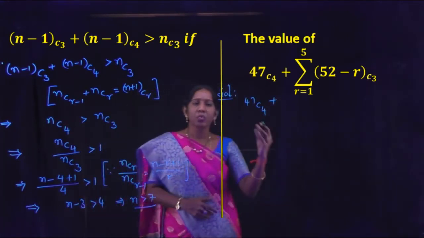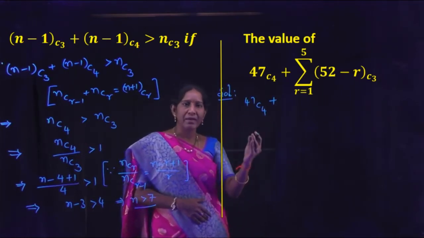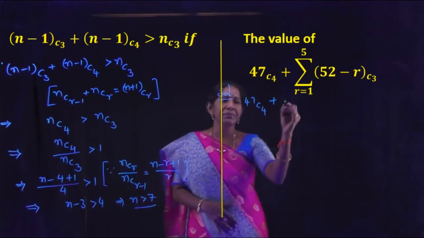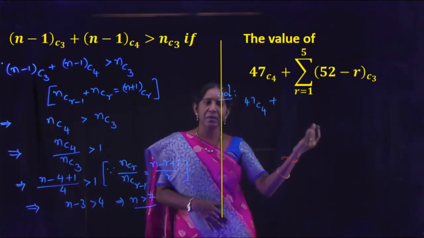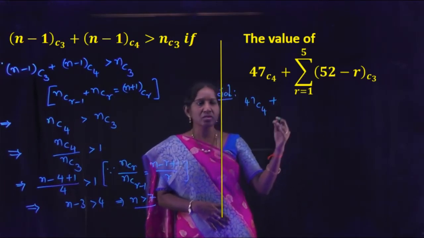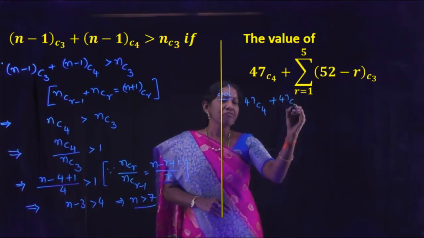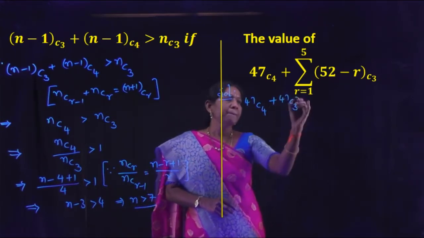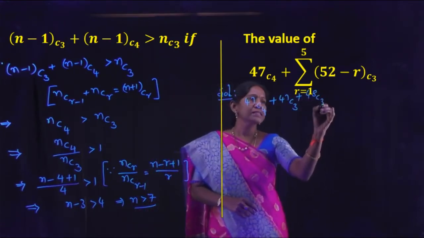That means we can expand this summation by using r values in the given form. Then if r is equal to 1, this will come 51C3, r equal to 2, 50C3 and so on. R equal to 5, this value becomes 47C3 plus r equal to 4, this is 48C3,